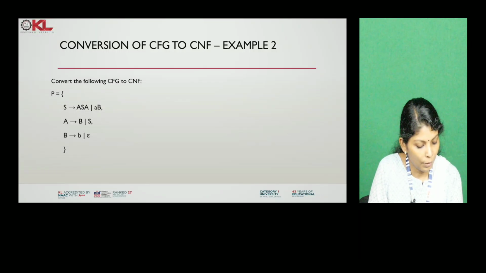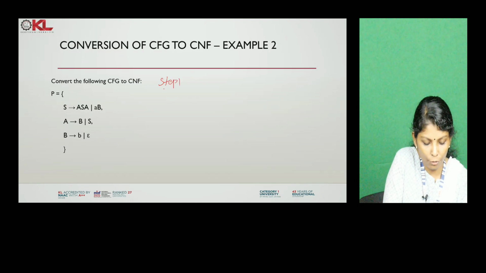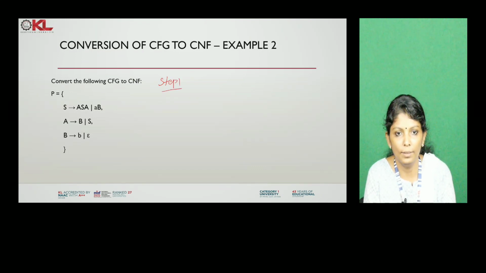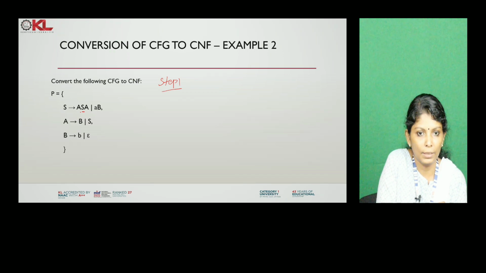So our step 1, what is our step 1? Step 1, we check for the start symbol on the right hand side of any of the productions. So here in this production we have an S on the right hand side and